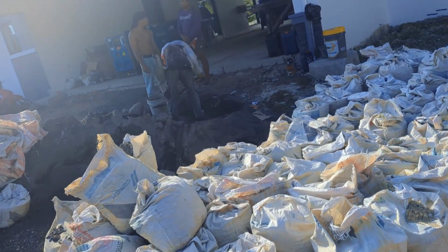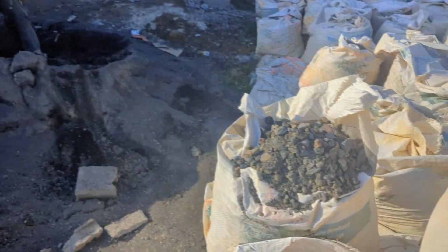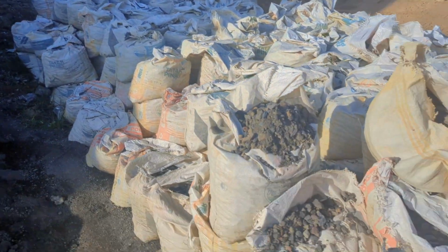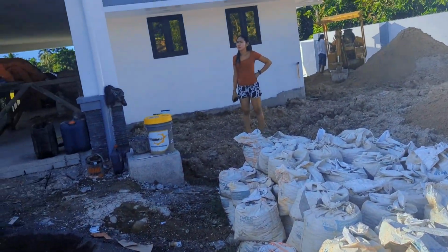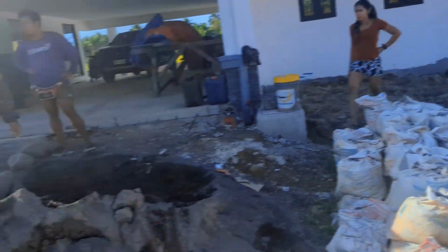These are old cement bags they use to put the gravel in. So this gravel right here, all these bags have it in there. I think that's about it. Over there,